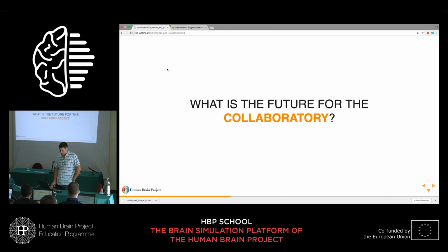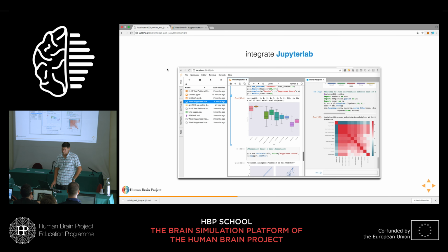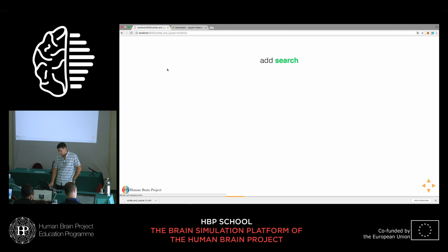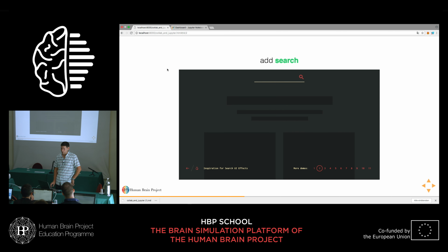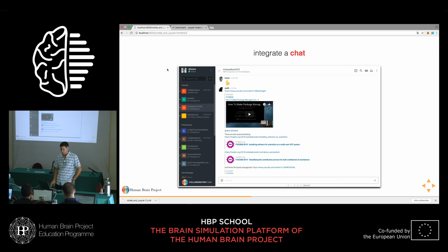Now a couple of words about the future of the Collaboratory. We look forward to integrating Jupyter Lab. So you have seen notebooks so far, and Jupyter Lab is the next generation interface to work with notebooks, and it contains a lot of improvements. So we're looking forward to this. We also would like to add better search functionality to the Collaboratory, because right now the discoverability is a little bit lacking. And we would also integrate a fully functional chat service that can be useful on events like this,